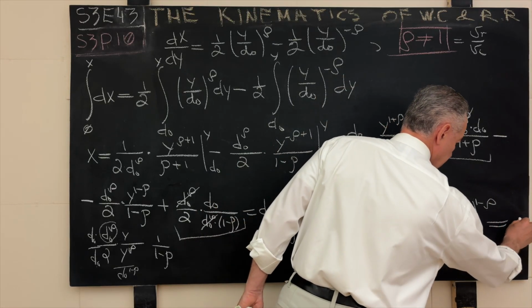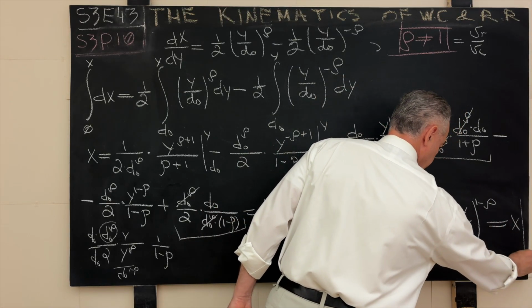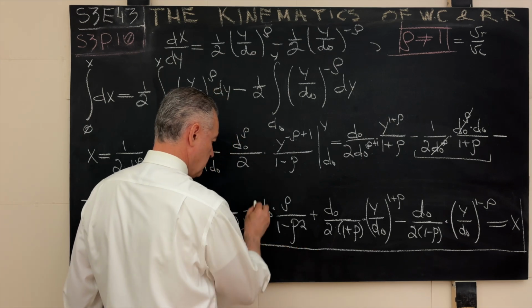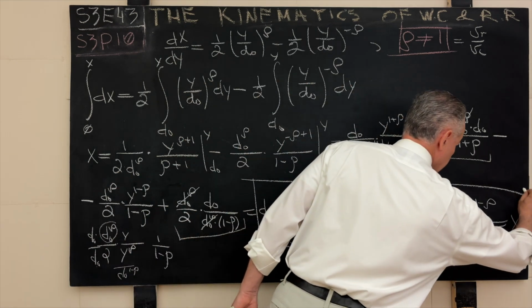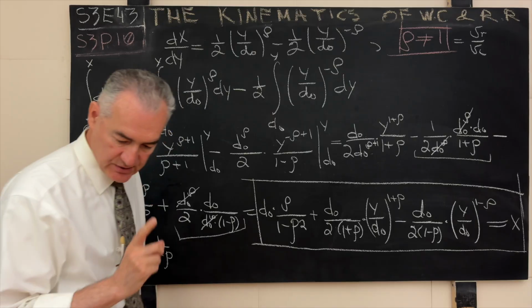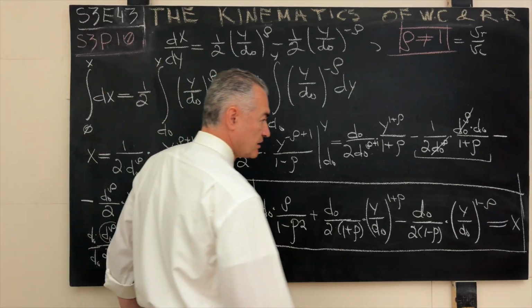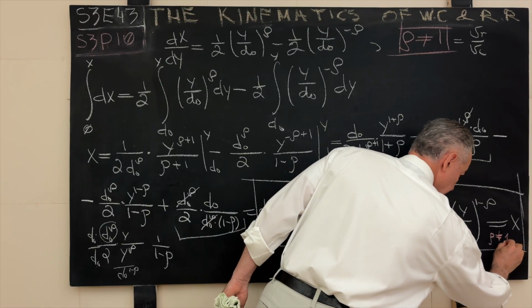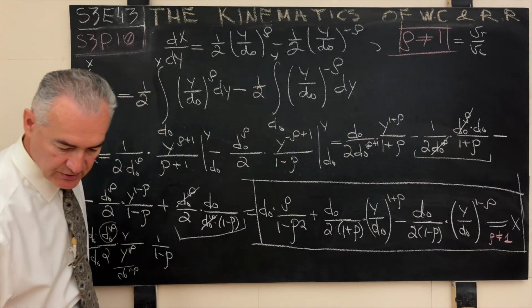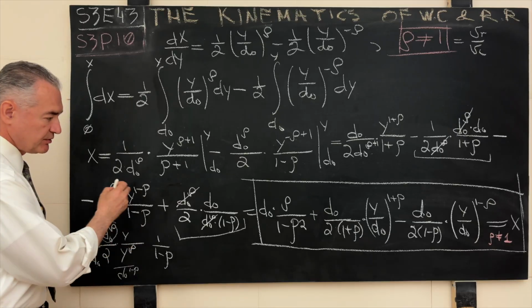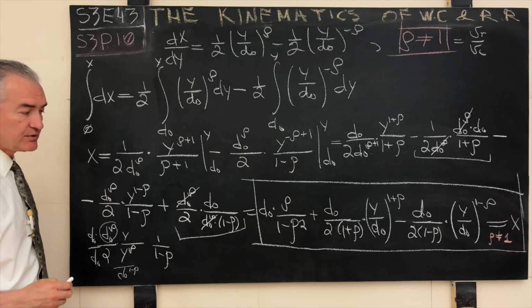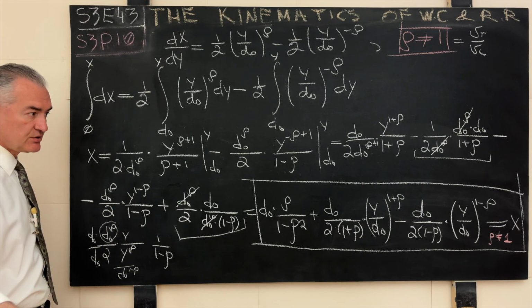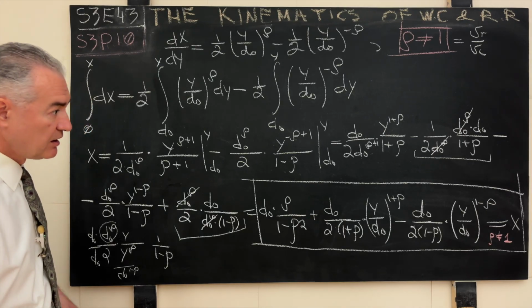This is x. Let me put it into a box. This is x under the condition, don't forget, that rho is distinct from the positive unity. Again, this is as simple as possible, but not simpler, as much as I can muster. If you have any questions, use the comment section under this episode.